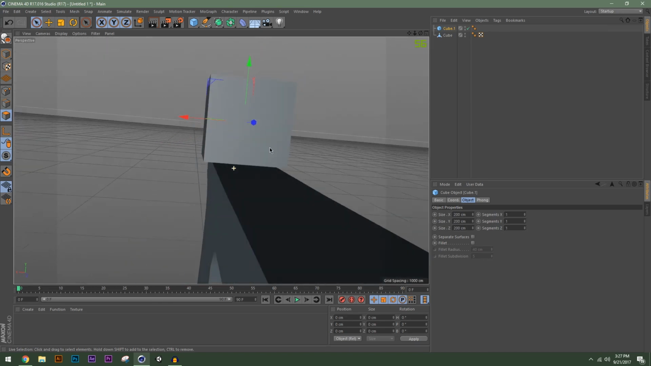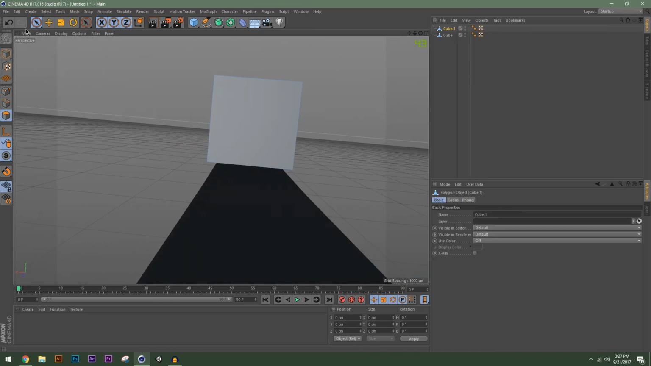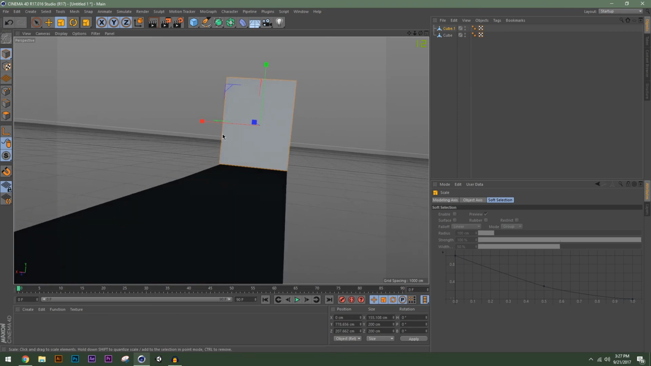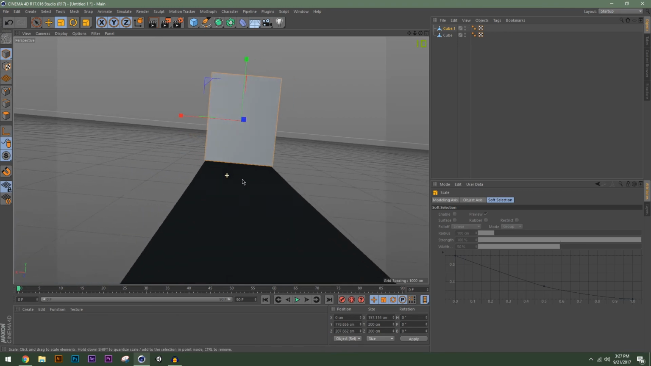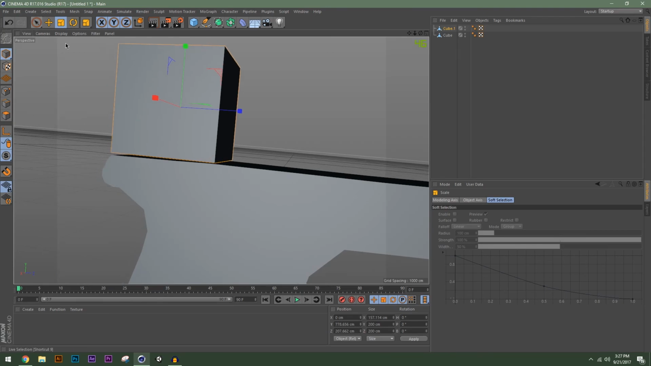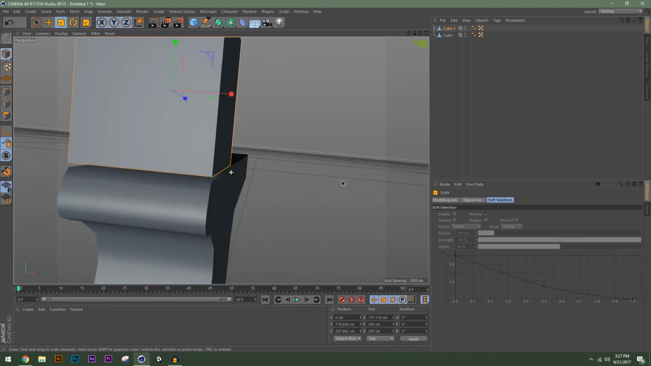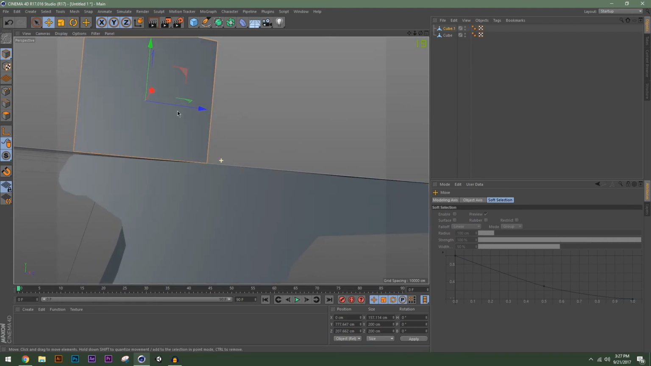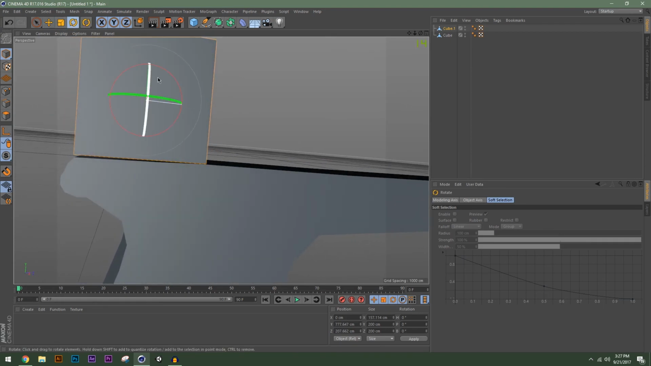Make it editable, select our object tool, and scale it to be around the same or a little wider than our bottom half. Put it down a little bit, rotate it a hair